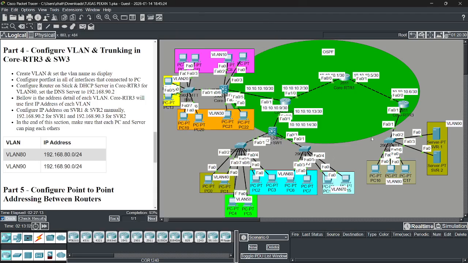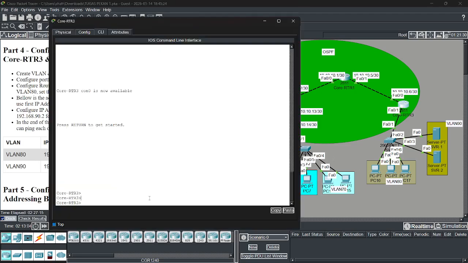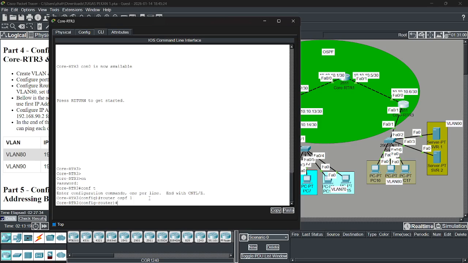Okay, we go to core router 3. Cisco password. Configure terminal, and then OSPF 1 network.